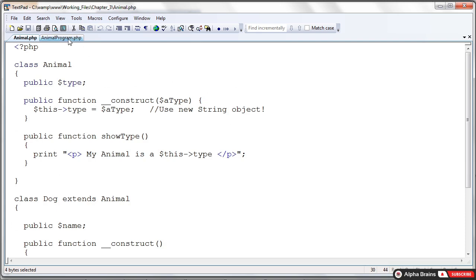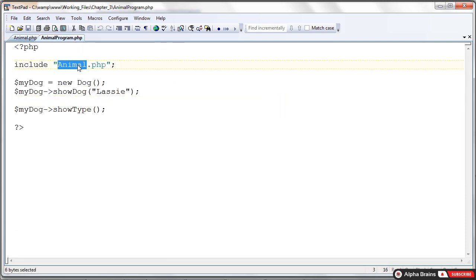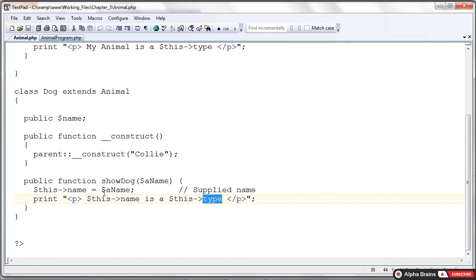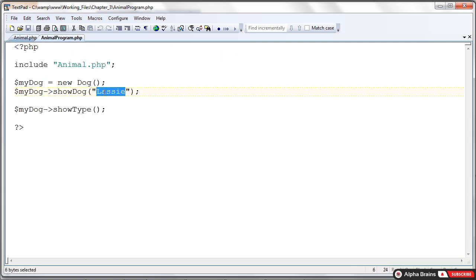Let's look at the program that runs all this. I include animal PHP. In this case, animal PHP, of course, holds the two classes, the animal class and the dog class that extends animal. So I'm going to make a new dog. I'm not going to make a new animal. New dog. And I'm going to put it in $mydog. I'm going to run the showDog method that was on the dog class. Let's go back, take a look. Here it is, showDog. I'm going to run that method. And I'm giving the dog a name of